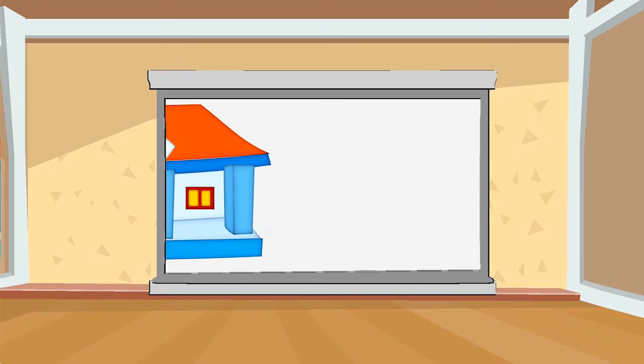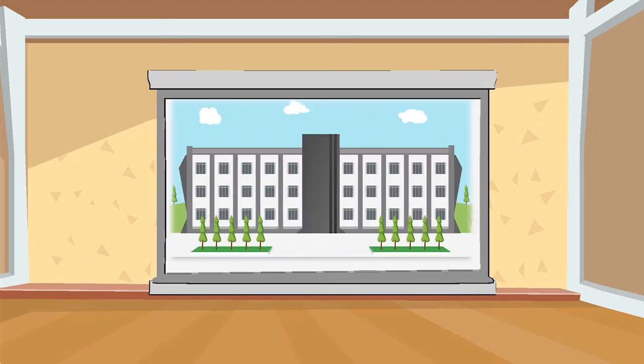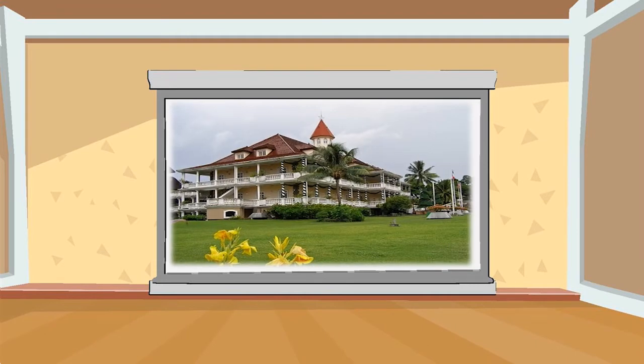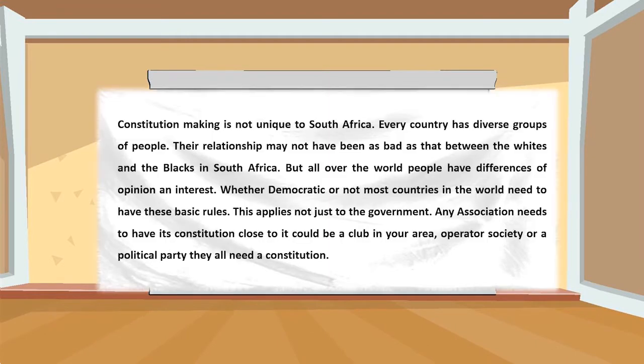Countries over the world have an extensive range of different kinds of people living together. The equation that these citizens share may not be as bad as the white and the blacks had, but the difference of opinion always exists. Every institution, organization, irrespective of its size, must have a constitution that is a set of rules that every member must follow. These organizations can range from universities, offices, industries, or even as small as a club in an area or a cooperative housing society.